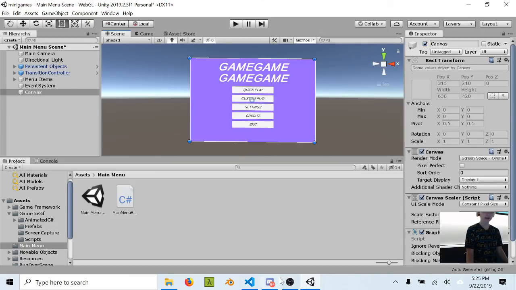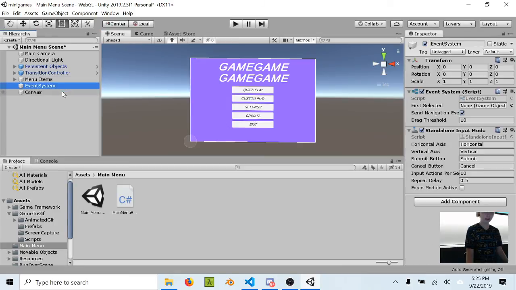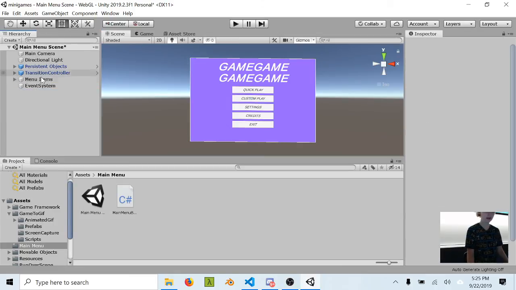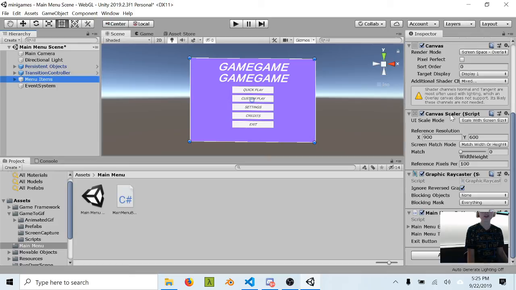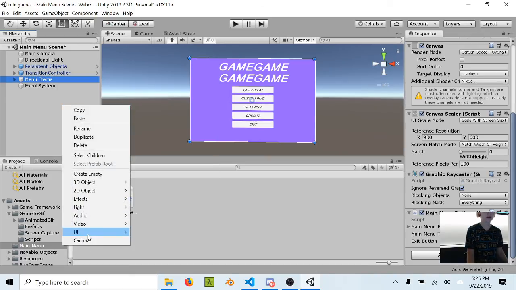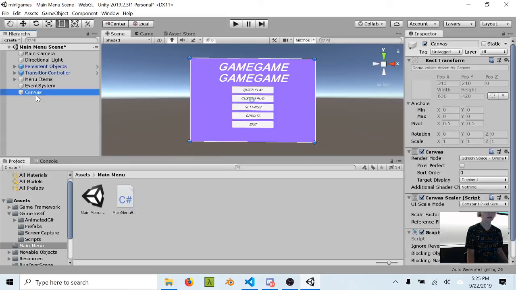The other thing is, let me just delete this old canvas. The other thing special that this menu items canvas has is I've actually changed up the canvas scaler, which I'm pretty sure on the default one is, yeah, so the canvas scaler default has the UI scale mode set to constant pixel size,